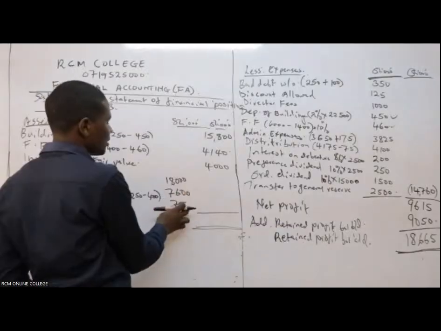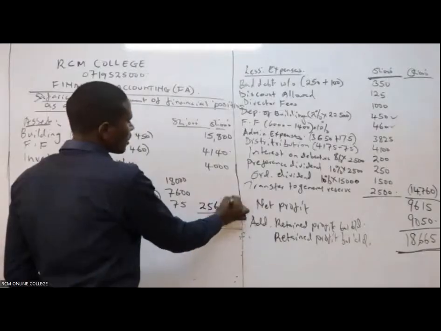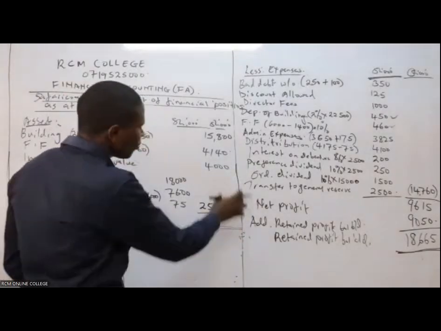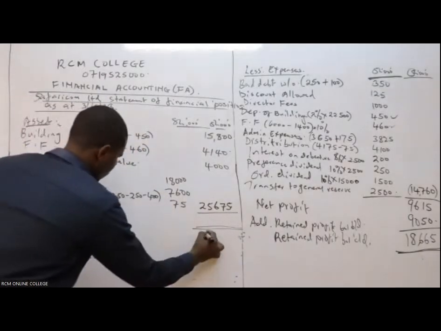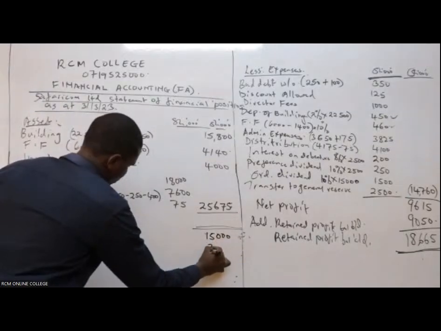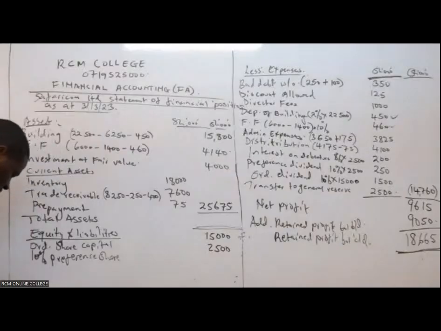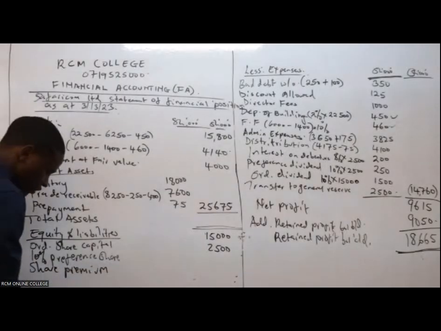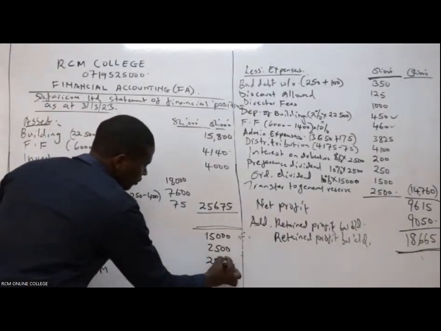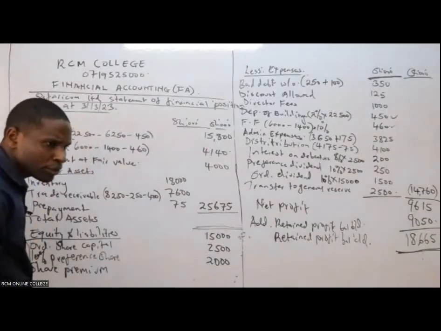This plus this first. Give me these first, 25,675. 25,675. Now add those three. Now add these four. Give me that. The differential we were given here is 15,000. 2,500. Okay, put it here. Let us finish the share premium we were given. Share premium was 2,000. For the interest of time, 2,000. It was just above there. Somebody put the share premium.